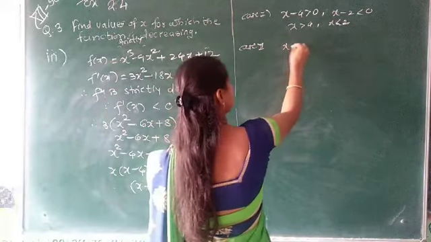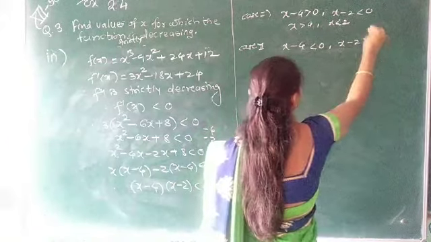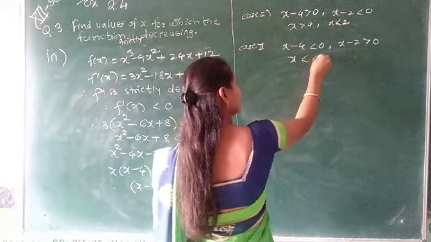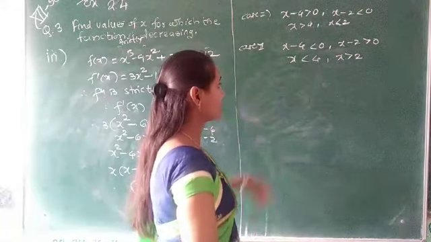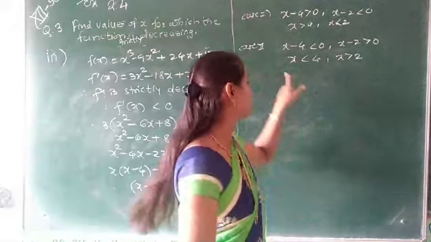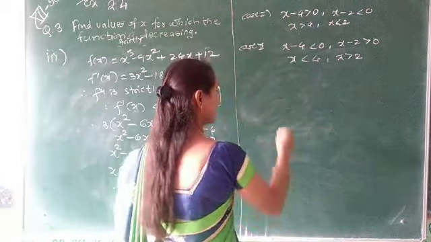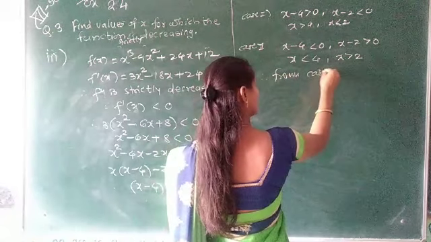So next consider x minus 4 less than 0 and x minus 2 greater than 0. That means x less than 4 and x greater than 2. So see this condition, x less than 4 and x greater than 2. X is greater than 2 but x is less than 4. That means from case first, or sorry, second,